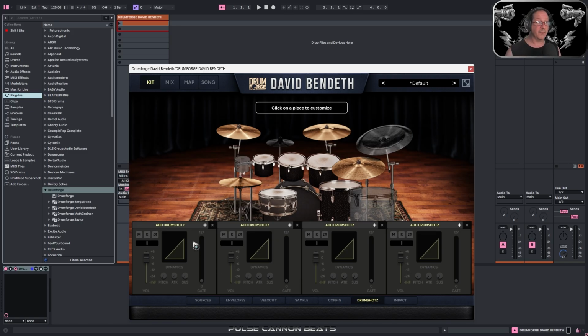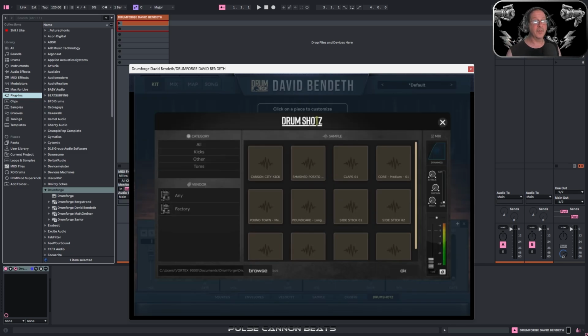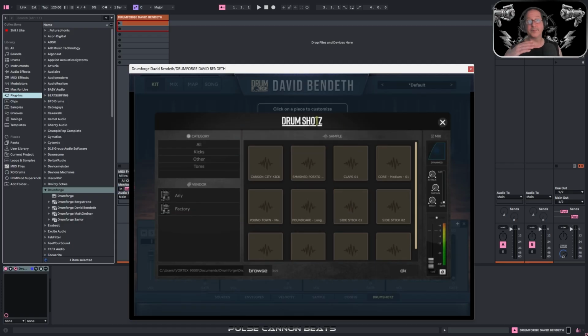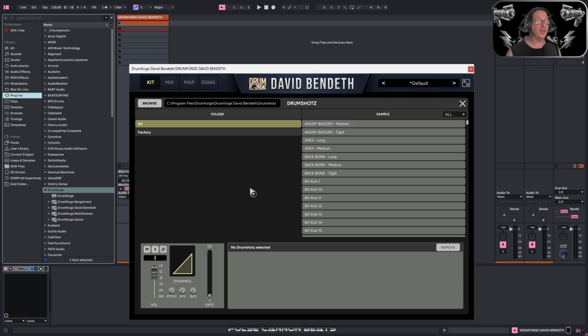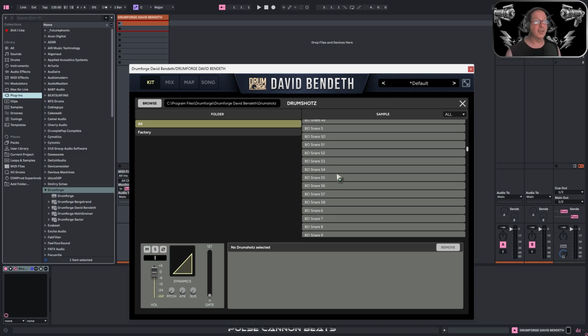Now, in the old version, when you click on this plus button, you'll get this drop down with all of these boxes, which to me was still very confusing, but obviously they did away with that. And they have this bland and boring window now. Personally, I like the other one. But regardless, it was still confusing. Anyway, here are all of the drum shots, including a shitload of my own